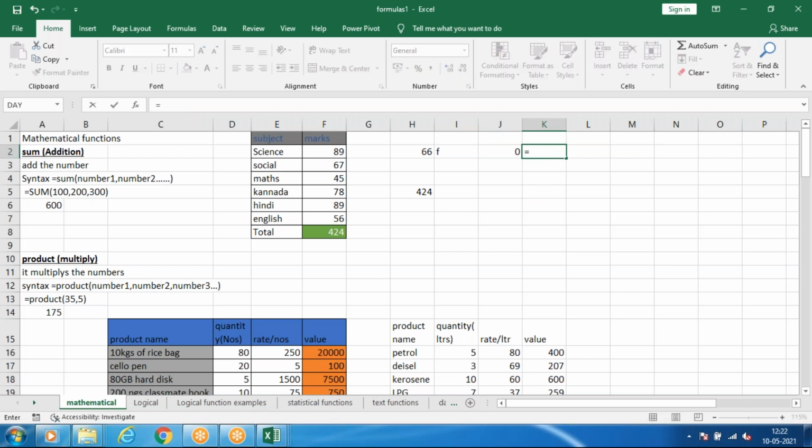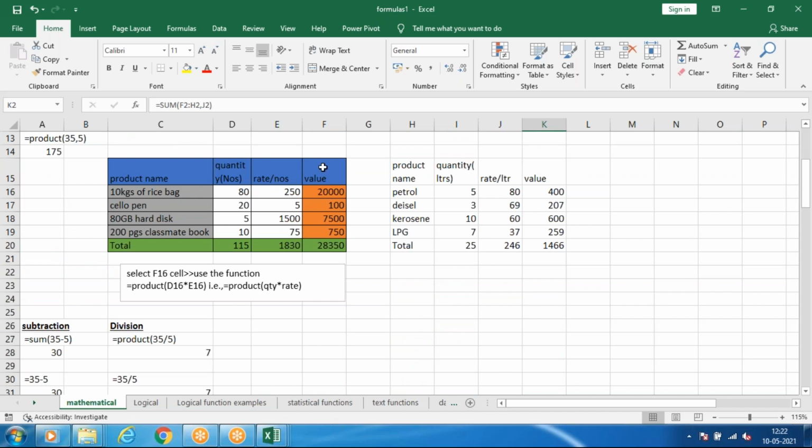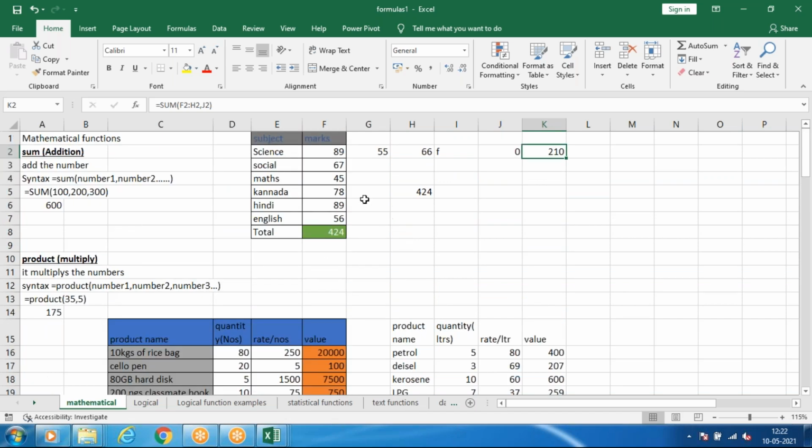But if you are doing it manually, sum, tab, you can select the cells as you like. Select this, again hold the Control key and select this cell. You can skip this one and press Enter. So when you're doing it manually, you select as you like. But Alt equals means I'm sure that I'm going to find the value for this entire row or column, and that time you can use Alt equals. So Alt equals, Alt plus equals, is for auto sum. Otherwise you can type the formula manually if you want to select individually.